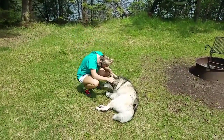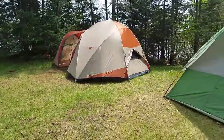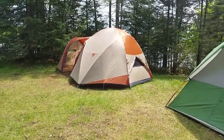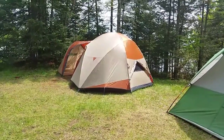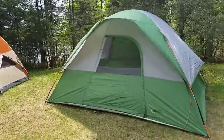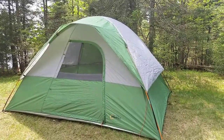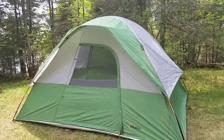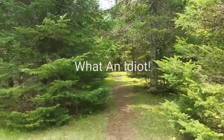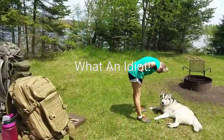Well, we finally got camp all set up. It's about 2 o'clock in the afternoon. Got our Cabela's West Wind. We're testing that out. It's our first time rigging it up. I'll have a detailed review on that tent coming up in a later video. And then we got our Bass Pro Shops Eclipse. Really easy to set up, but I'll have another review about that tent coming up as well. I underestimated the walk from the boat, or where we park, to the camp, so it took us a while getting all set up. Got the hammock over there,